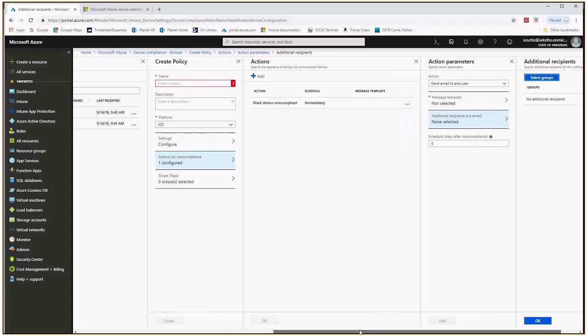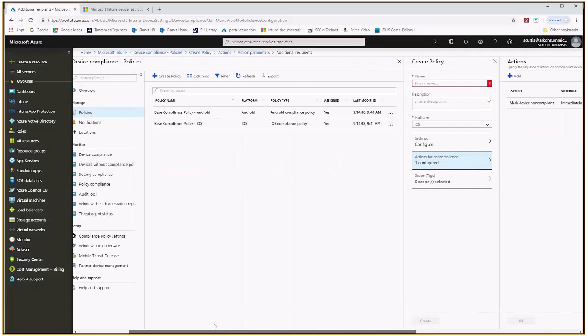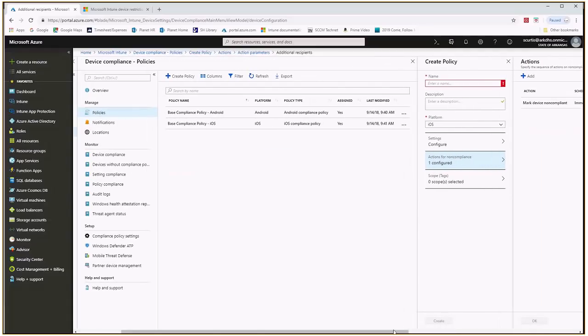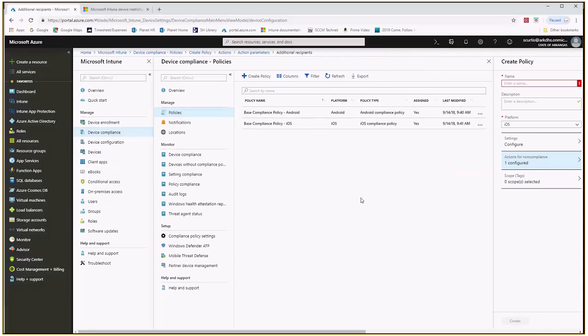Most people take a more heavy-handed approach and say, well, if you're not compliant, then we're just not going to give you access to company resources. So that's what most people do. But so I'll show you the conditional access. The compliance works closely with the conditional access. Now,